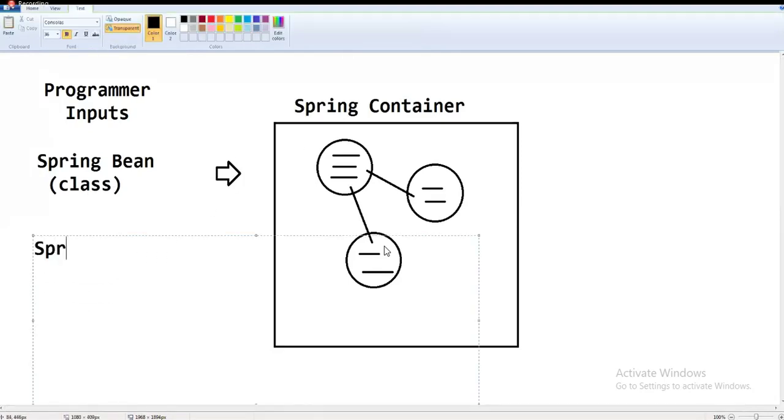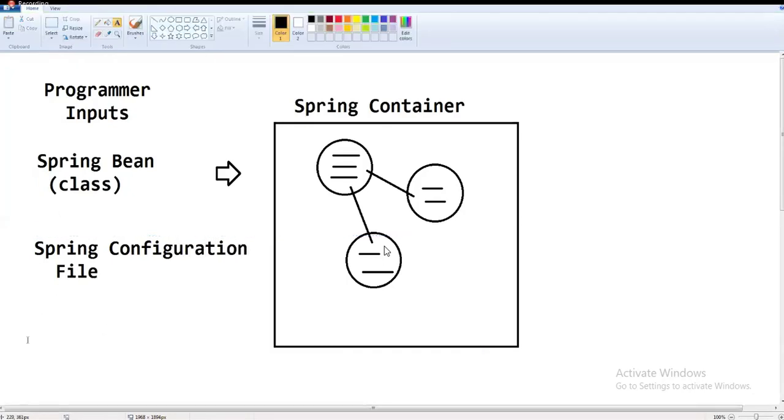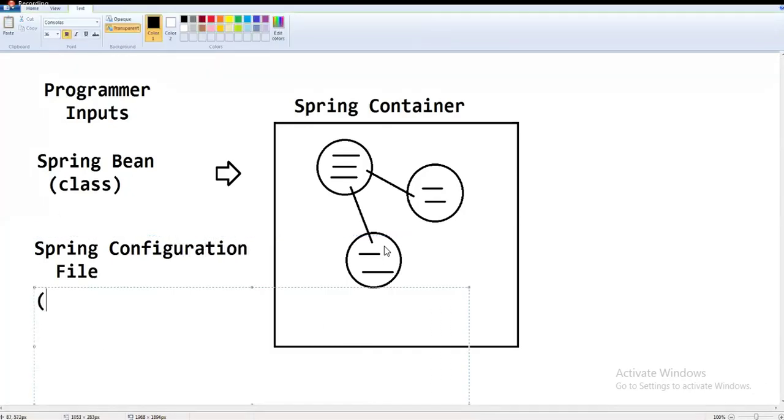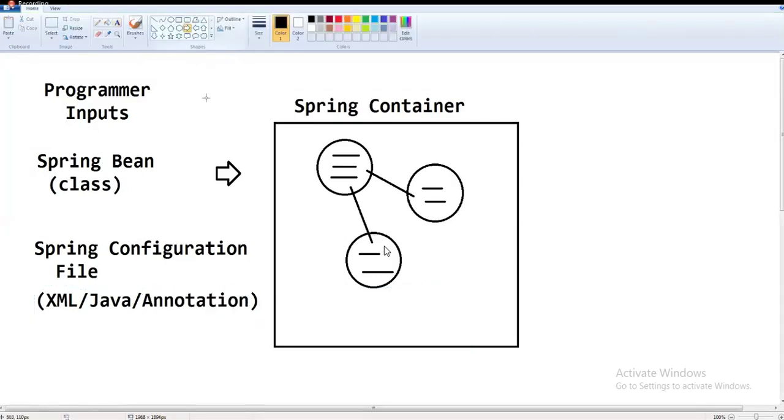And the second one is the Spring configuration file. We can write the configuration file in three ways: XML, Java-based configuration, and annotation. Among these, annotation is the most important one, along with Java.